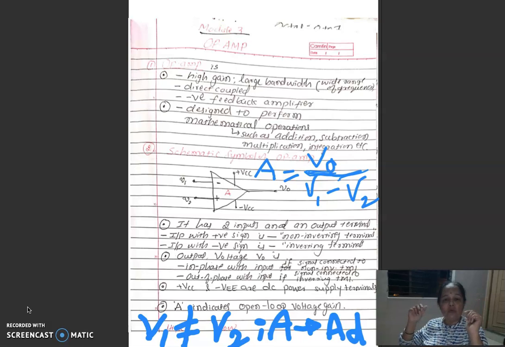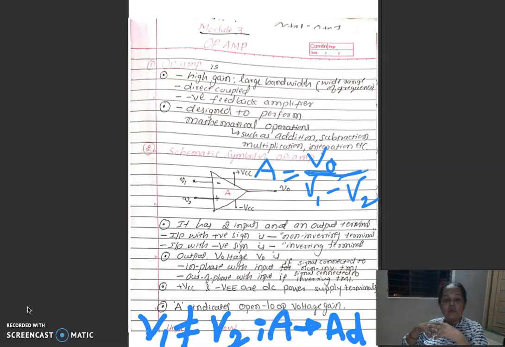Gain is known to you. Gain is nothing but output by input. Gain is going to increase the input by many folds at the output. Output is many times greater than input. For that we say gain. So op-amp is going to give a high gain. It is going to increase the input many times and it is available at the output.